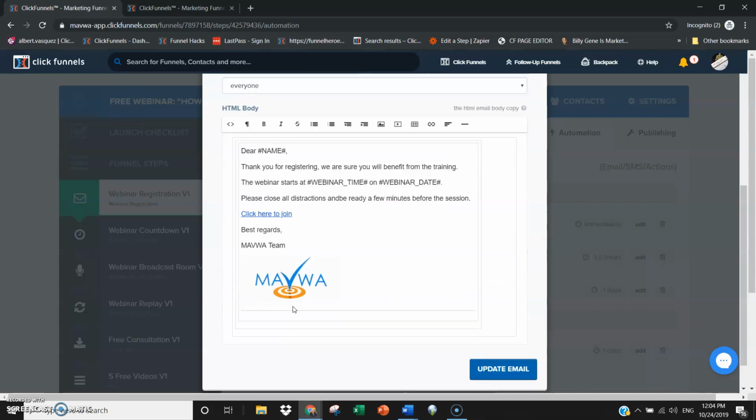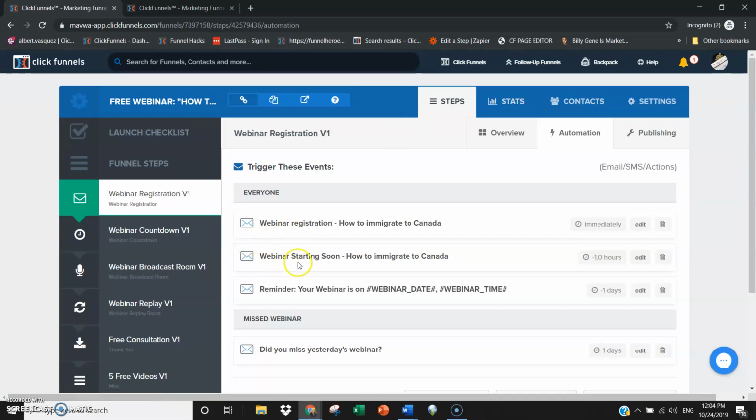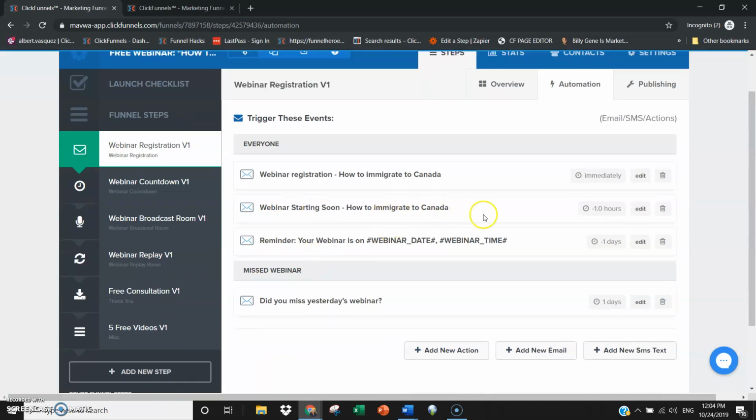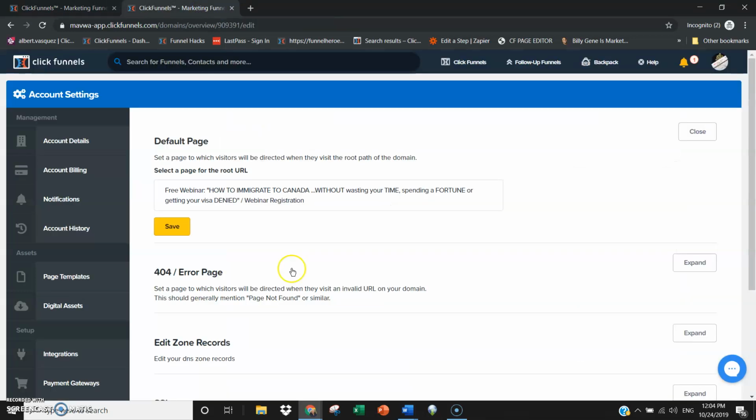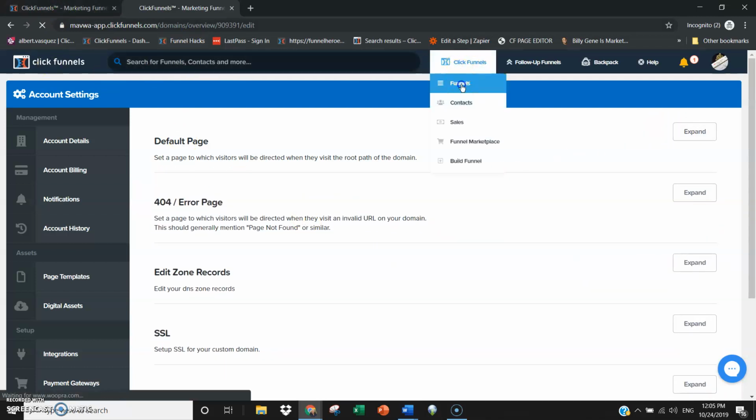So you would have to go through each of your emails, all right, and make sure you have the correct emails for each sequence, right? That's going to be the first thing, starting with the basics. And then also, it looks like your default page is set correctly. Here, page set correctly. All right, so let's go to